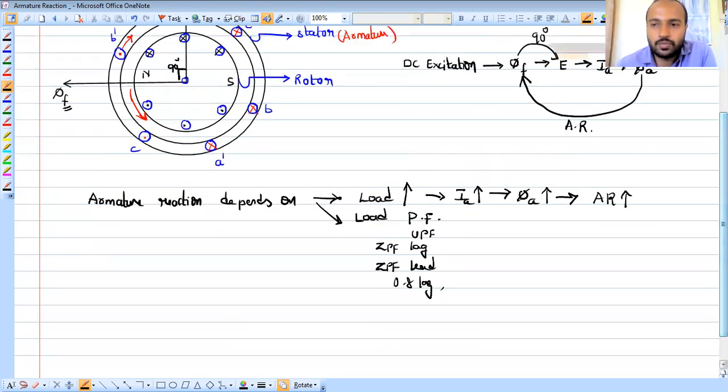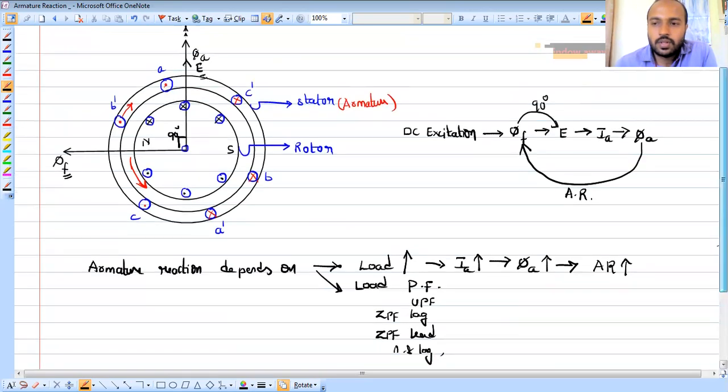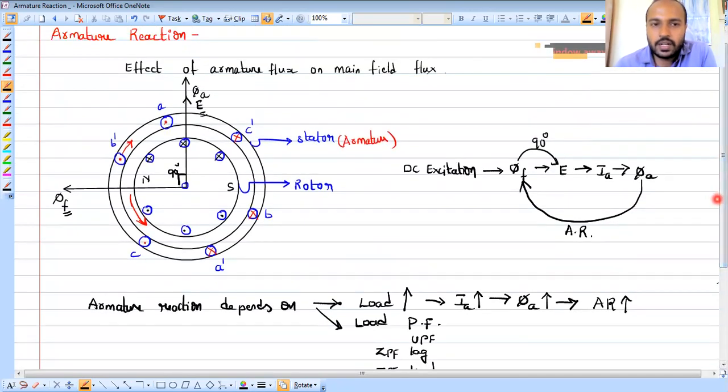Up to this point it is okay, right? Is there any doubt? Here I explained the operation of the synchronous generator. From this operation, I drew the phasor of magnetic field and EMF. These two are displaced by 90 degrees, and this is for unity power factor. Now this operation is for unity power factor. For unity power factor, this armature flux phi A is in phase with E.